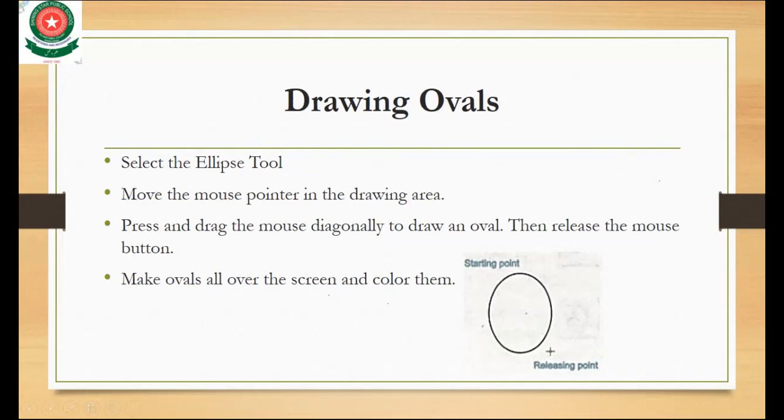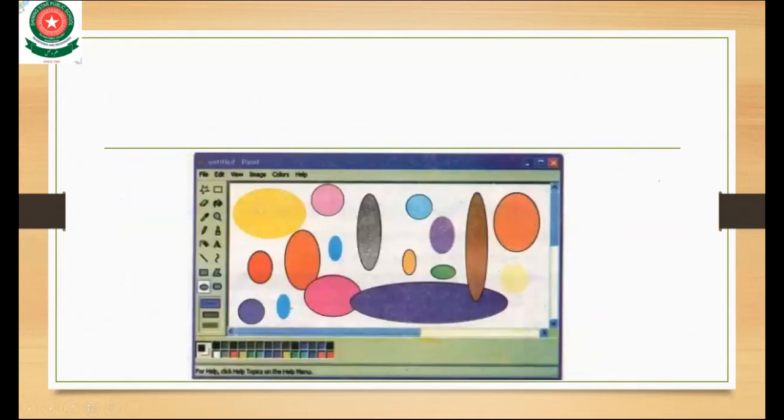This is the same as the previous slide. Here you can select an oval. This is your color box. Here you can select a color, and in the drawing area you can draw an oval. It also has three options to create an oval. First, you can draw only the outline. Second, you can draw the outline and also fill the shape with color inside. Third, you can draw a colored shape with no outline.